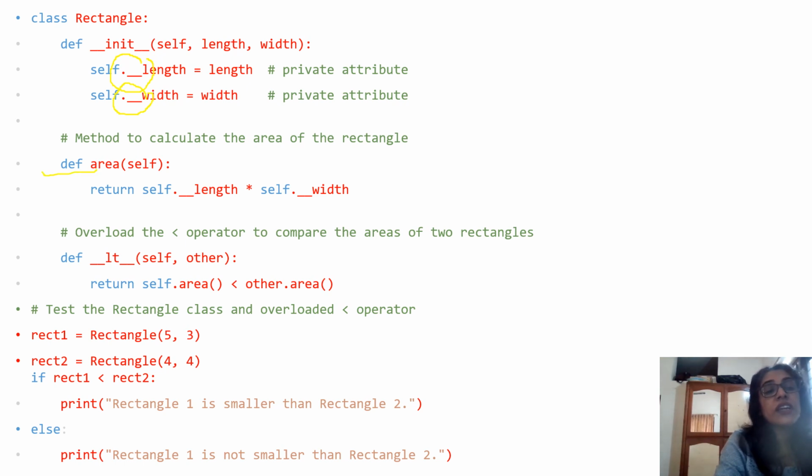Here again we are defining a function or a method called area that will find the area of the rectangle. And here again the concept is the same. It is returning the product of the length and width, that is the result we expected for finding the area. And this is the concept of overloading of the less than operator, using a special function called underscore